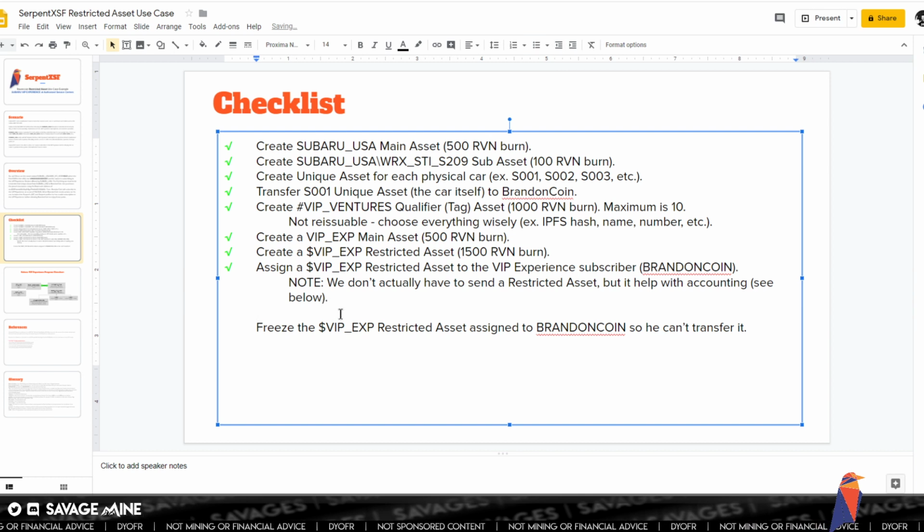Back over here, we need to tag Serpent's address so he's able to receive the VIP EXP restricted asset.